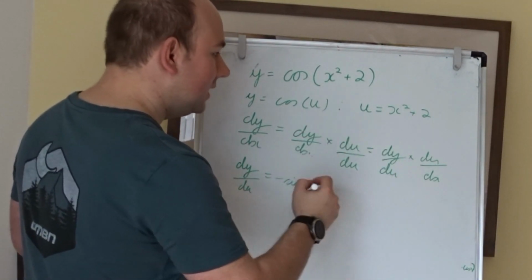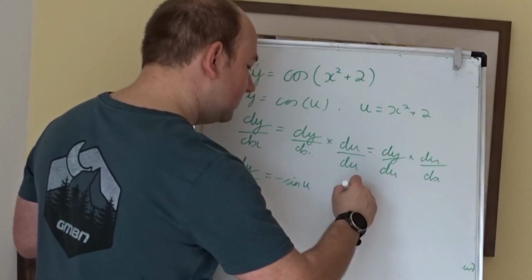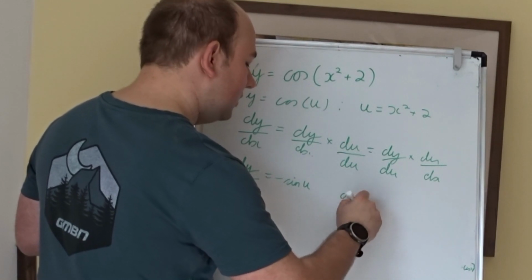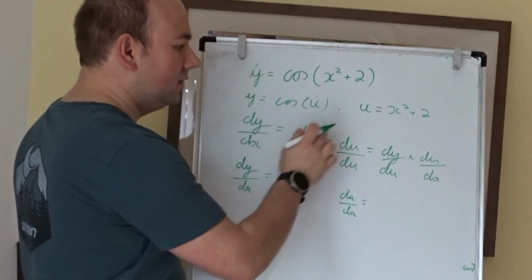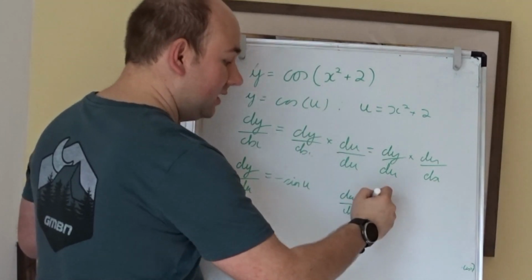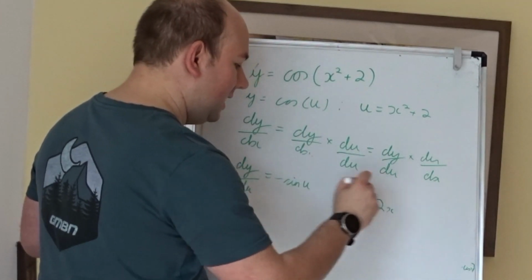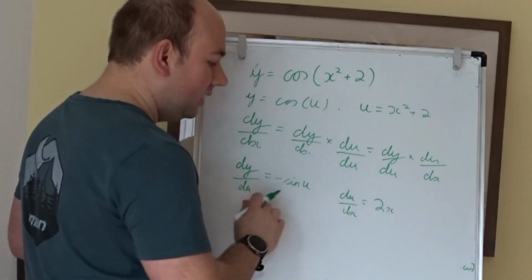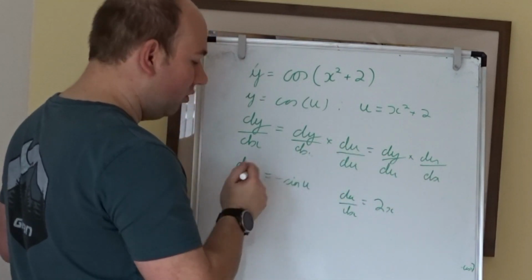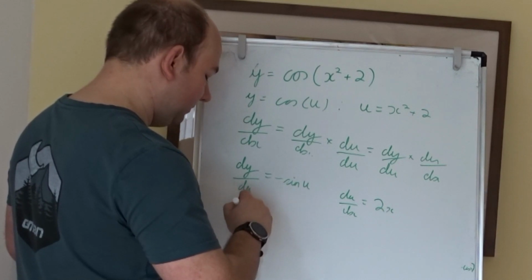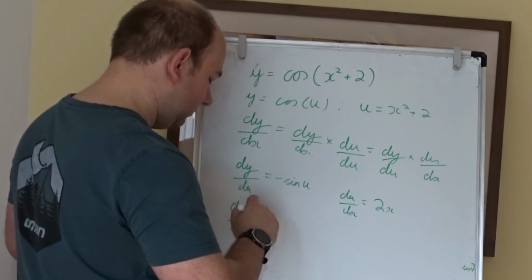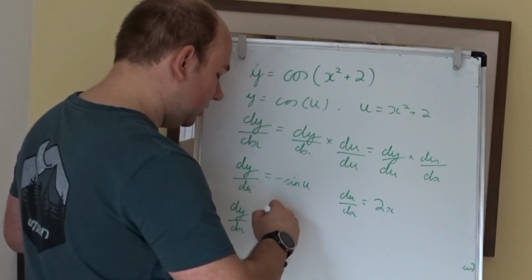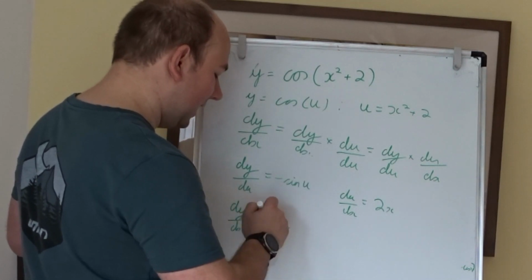And we also need to know du by dx. So we're going to differentiate this with respect to x. So this is going to go to 2x. And all we have to do is multiply these two together to form dy by dx. So this is going to be 2x. I'm going to take this minus out, but it's here,